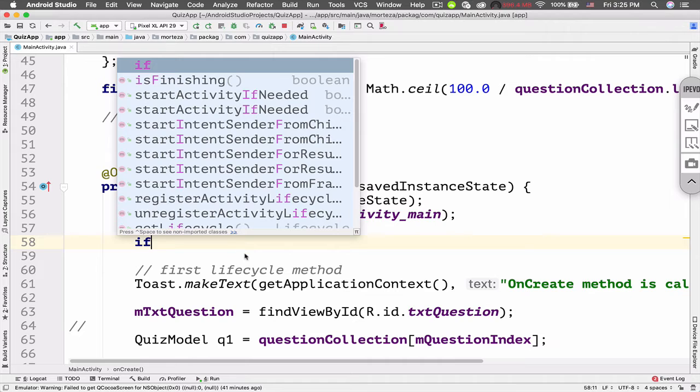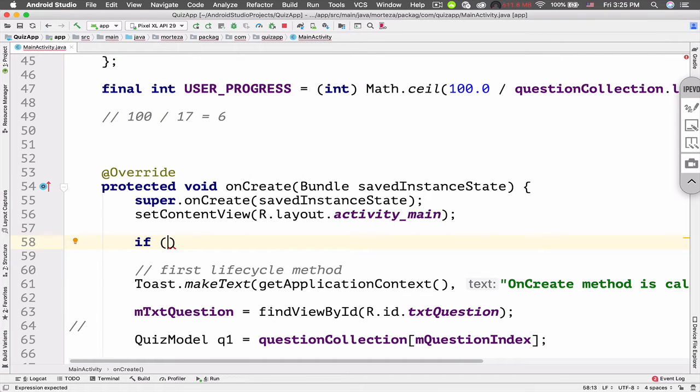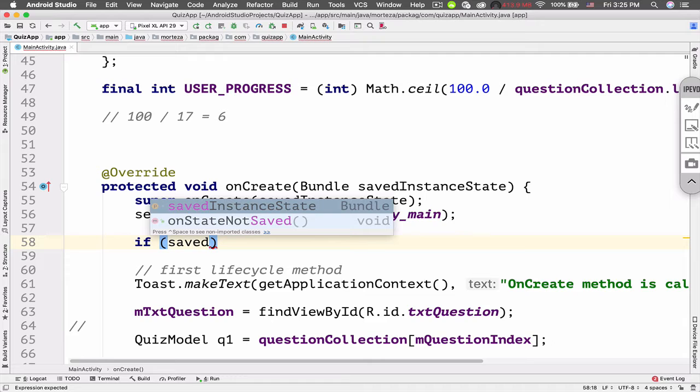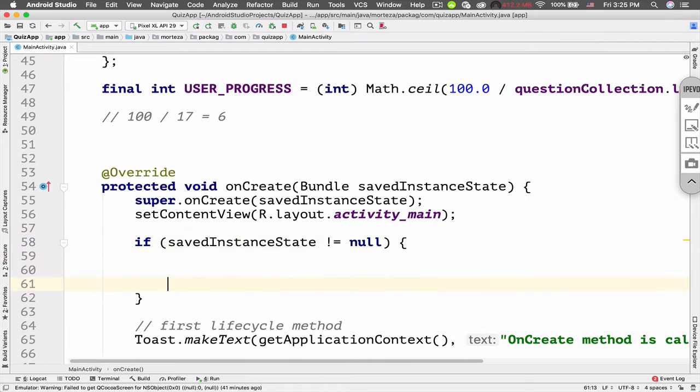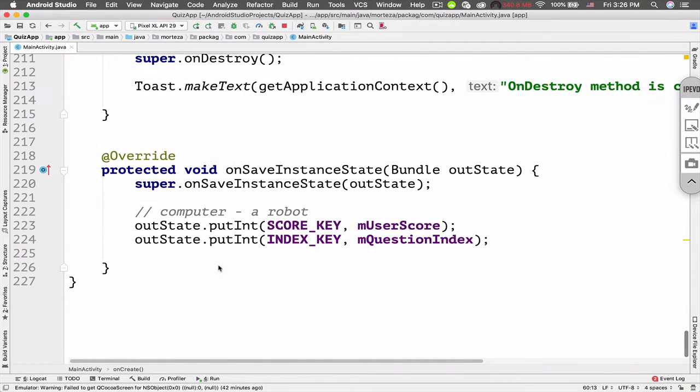So here, after this setContentView, I'm going to create an if statement and say if the savedInstanceState is not equal to null, null means nothing, okay? Then we are sure that it has a value. So this means that it might have a value that we can use in the landscape mode. So we can get the value of the state variables. So the application goes back to the state that it was in when it was in the portrait or in the landscape mode. So because inside the OnSaveInstanceState method, we saved some data to these keys, let's go ahead and